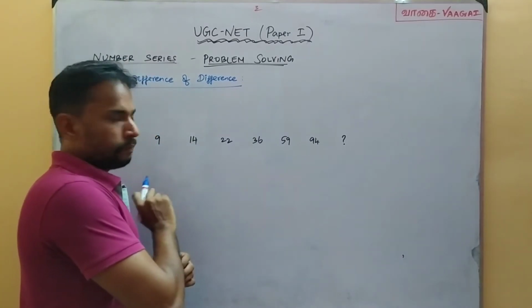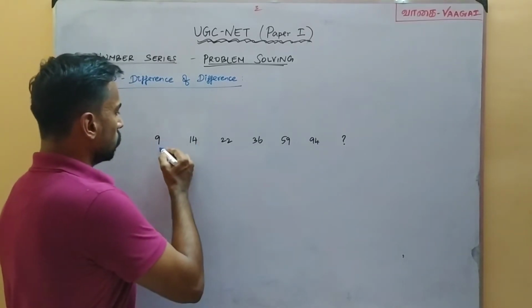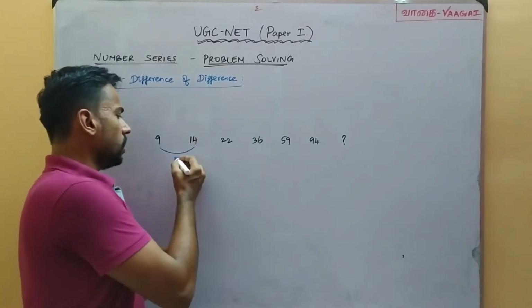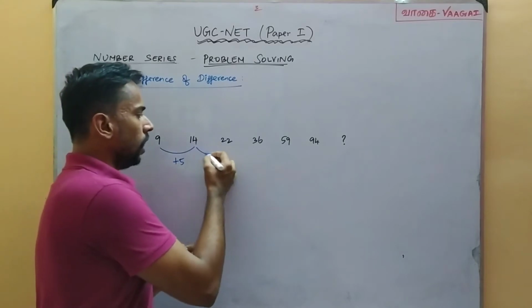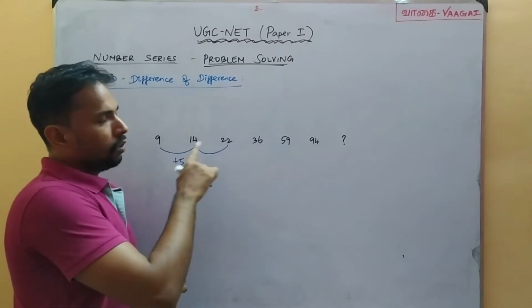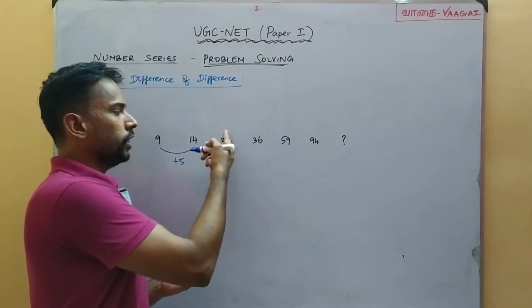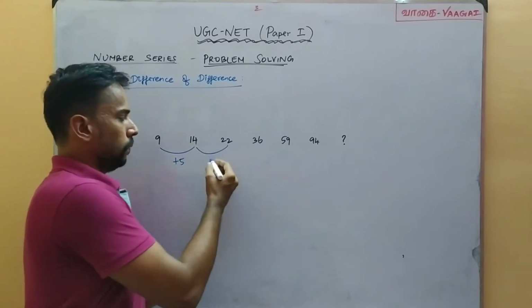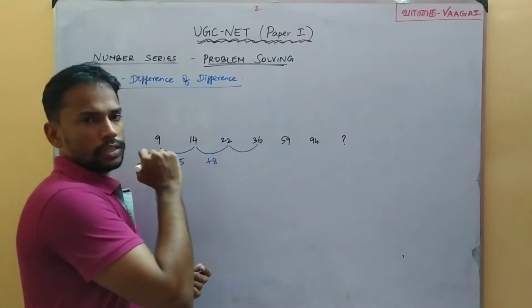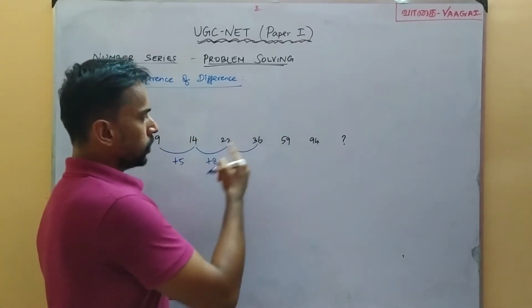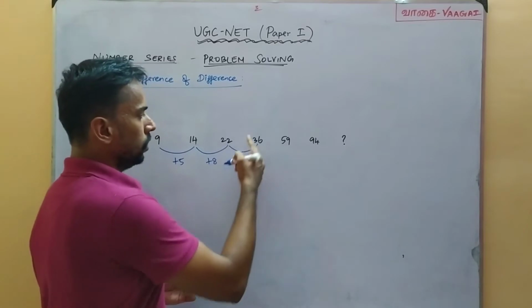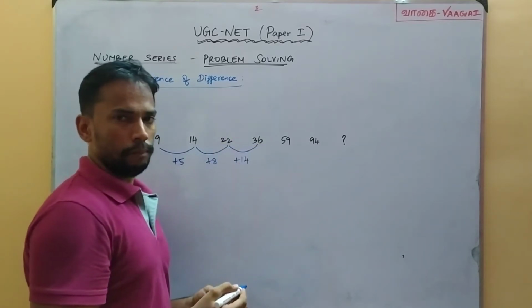So our first term is 9, second term is 14. So 9 plus what number will give us 14? It's very easy, 9 plus 5 will give 14. We will continue then. 14, 22. Here how much is to be added? I can just subtract and see, 22 minus 14. This will be 8. So here I must do plus 8. Next is 22 to 36. Here how much is to be added? I can subtract and see, 36 minus 22. 6 minus 2 will give me 4, 3 minus 2 is 1. So plus 14 should be done.